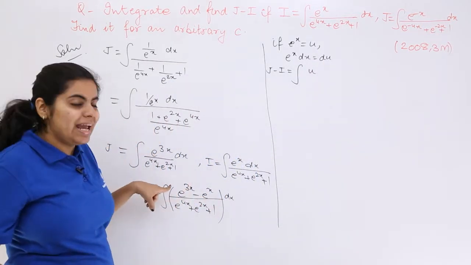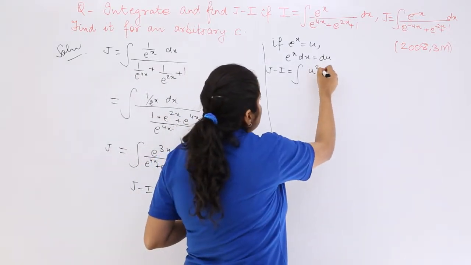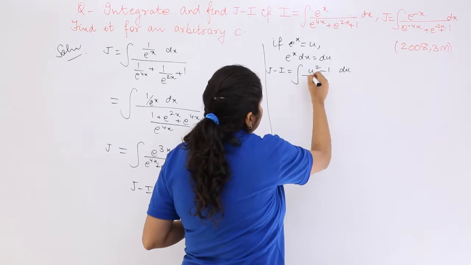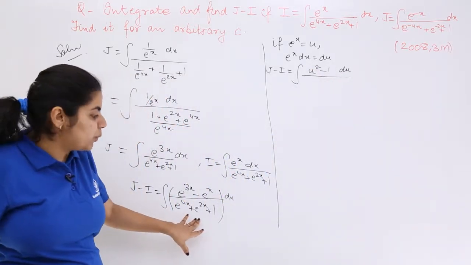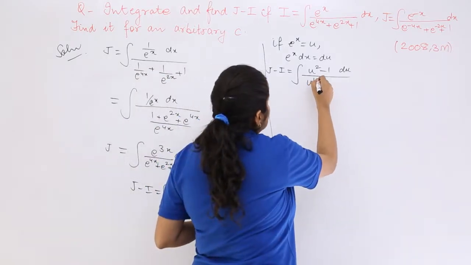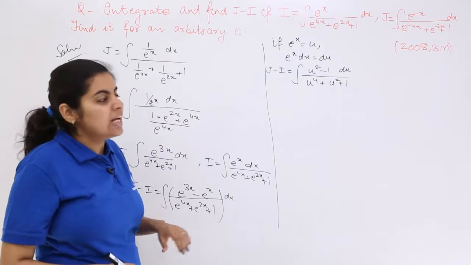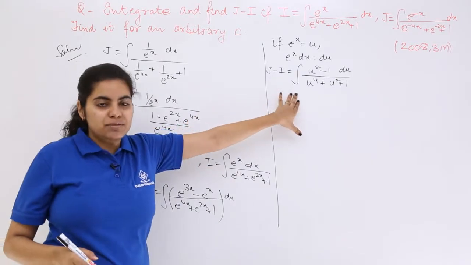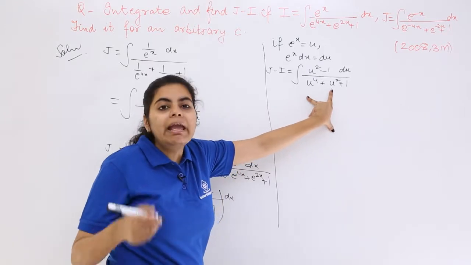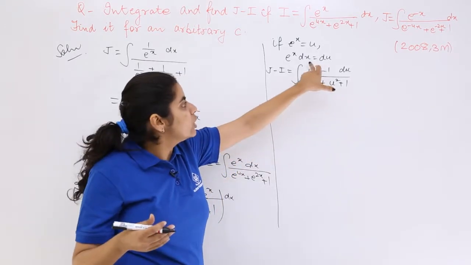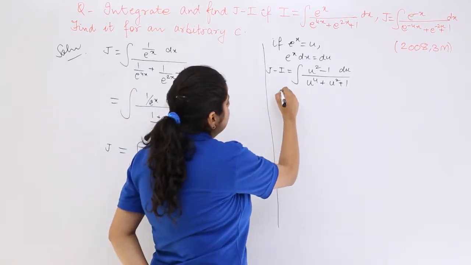but e raised to the power x can be taken as common. So what is it equal to? It is equal to u square minus 1 du upon u raised to the power 4 plus u square plus 1. Now see, this is a case wherein you see that there are even powers here and they are all in the multiple of 2. Here also we have the power in the multiple of 2. So if I divide